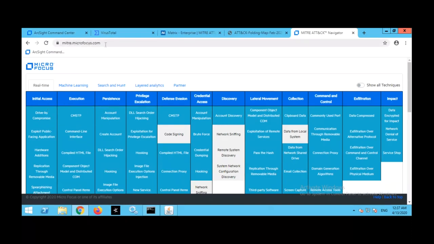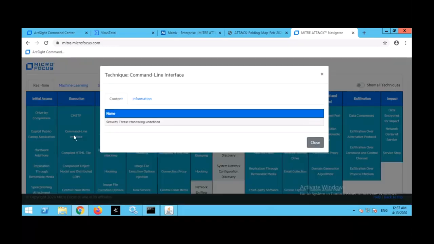right now we are in mitre.microfocus.com. This is the MITRE Navigator page for ArcSight, developed by Microfocus. What is the benefit it is going to give us? When I hover my mouse on the tactics, it gives me a simple explanation of what this tactic is about. The adversary is trying to run malicious code. Now look at the techniques. The techniques are highlighted with the technique ID. The moment I click on the technique ID,